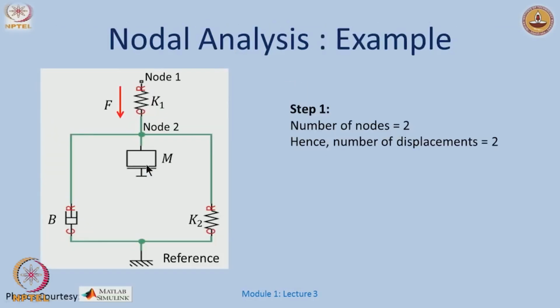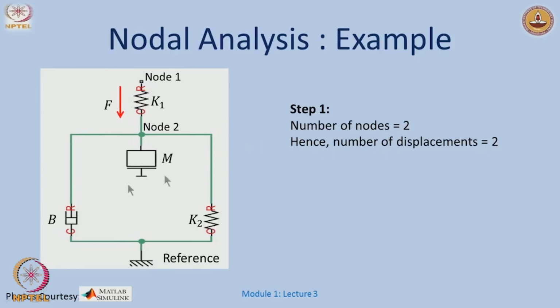Okay, let us see with the help of an example. I have a system composed of a spring, a mass element, another spring, and a damper or a dashpot, and this is my reference node, with some external force over here. The step 1 would be to identify the number of nodes, and these are identified usually by the